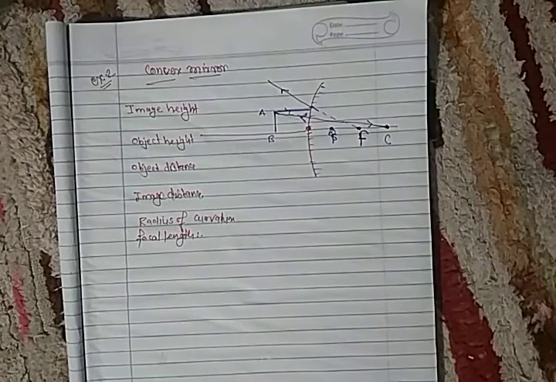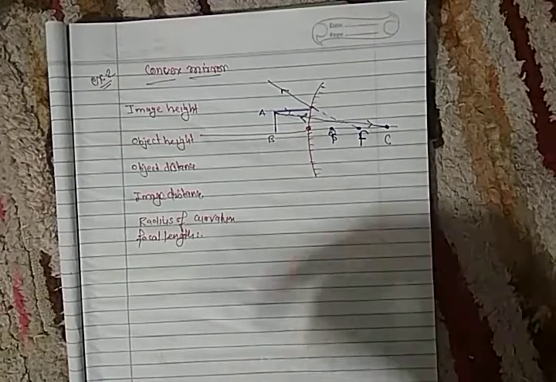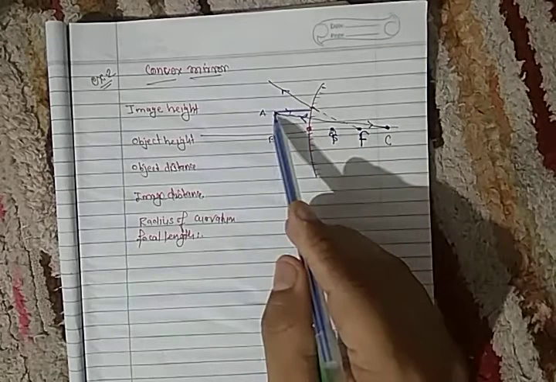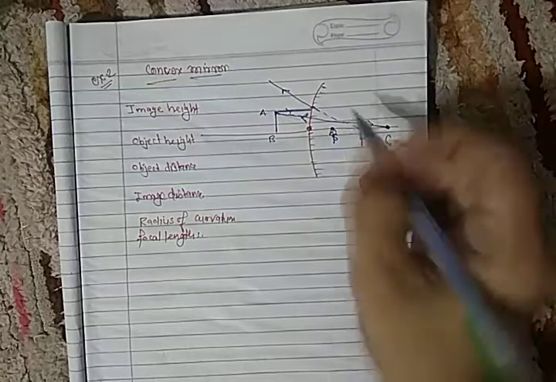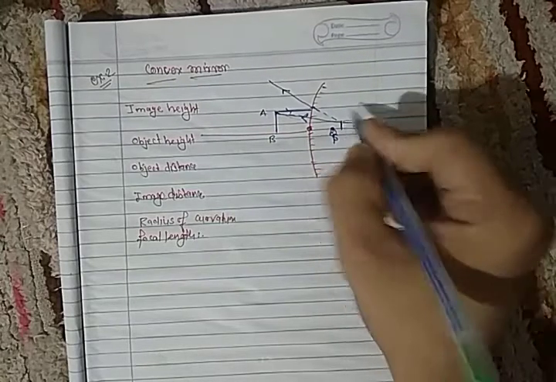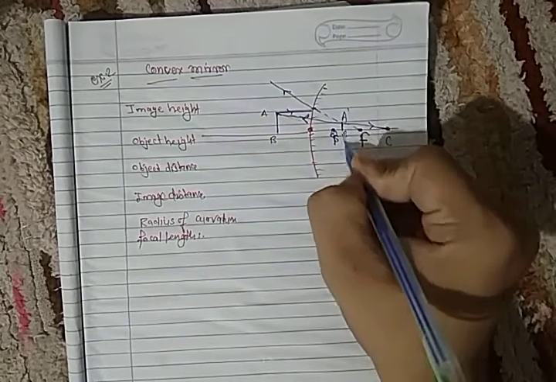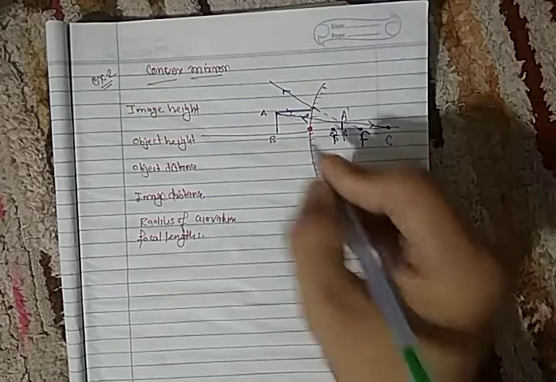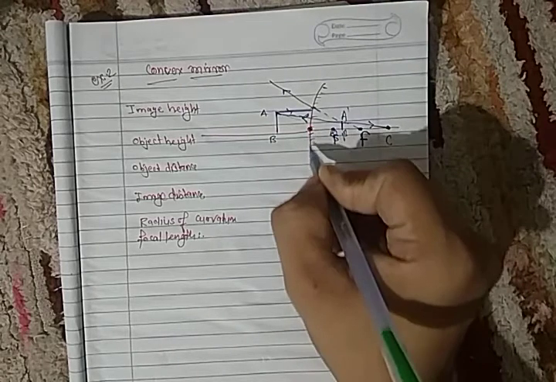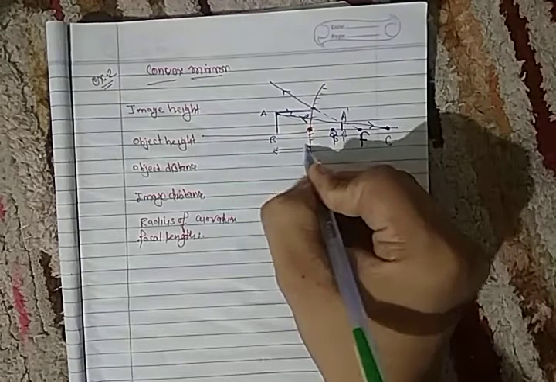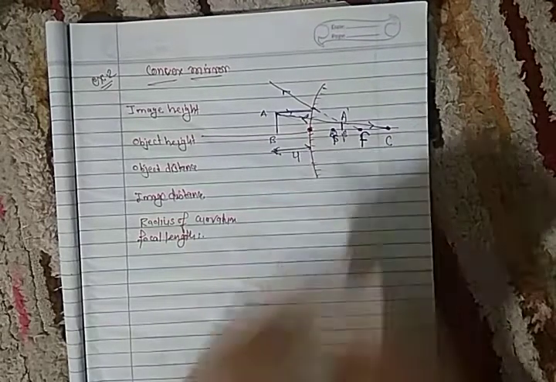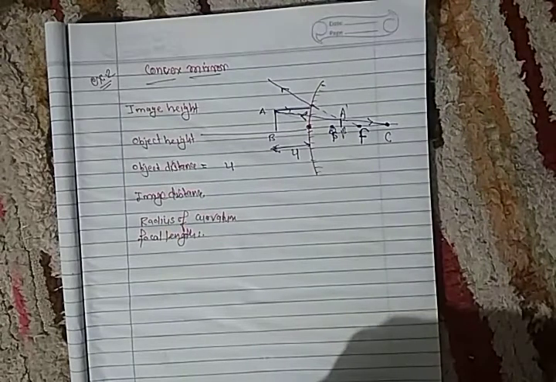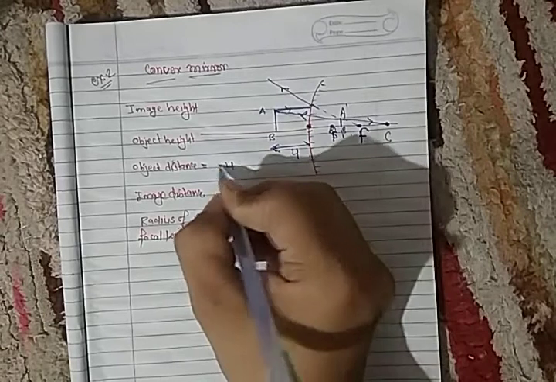Now students, let's start with the second example, that is convex mirror. See, suppose the object is on the left side and the ray parallel to the axis and the ray through the focus and center intersect at this point. This is our image creation. This is A dash, this is B dash. The image is erect. Now see how to apply the Cartesian sign convention. First of all, all the distances are measured from the pole. So from pole to object, the object distance is denoted by u. Now in the Cartesian sign convention, positive or negative? See, this is left side, so this is negative.